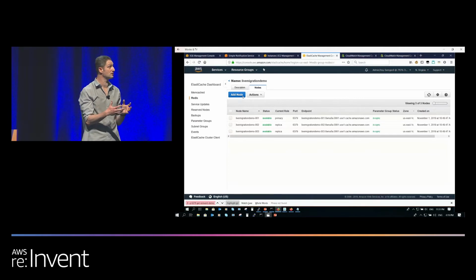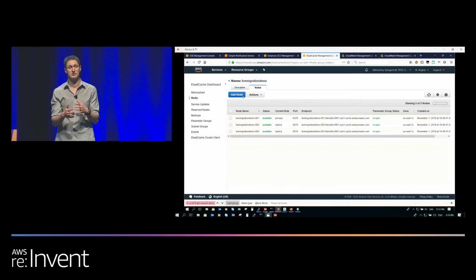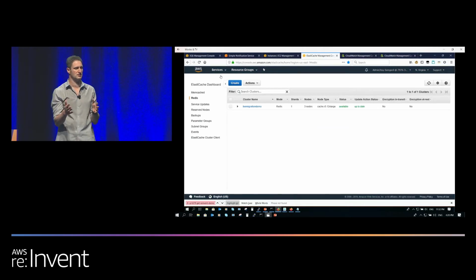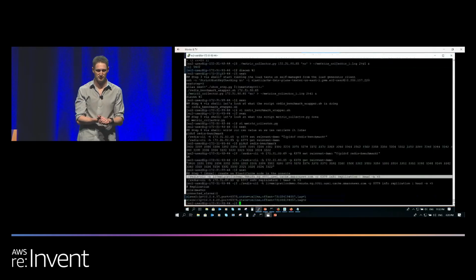The second reason is that I want to show you that the migration still works when you have replicas connected to your ElastiCache master, so it's not just a master. But later on, when we do the comparison analysis, we will only send traffic to the master, so it will be an apples-to-apples comparison.